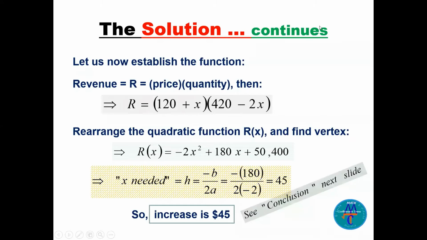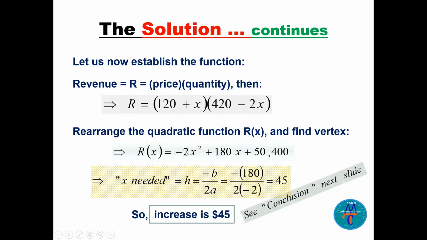So let's establish the function now. The revenue means the price times the quantity, as I mentioned before. If we increase the rate by X, the price will now be 120 plus X. Now the rooms will be less by 2 times X. So 420 minus 2 times X. Just multiply these two brackets. Rearrange, this is a quadratic function, we can call it R of X. So it will be minus 2X squared plus 180X, if you multiply carefully here, plus